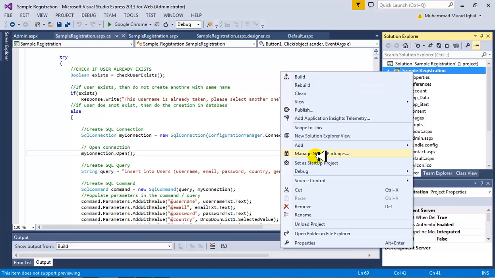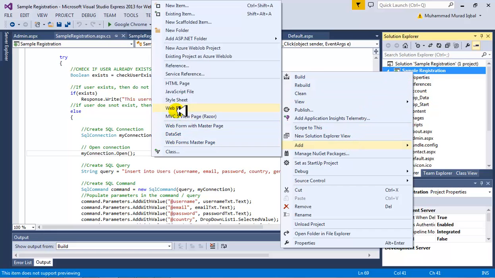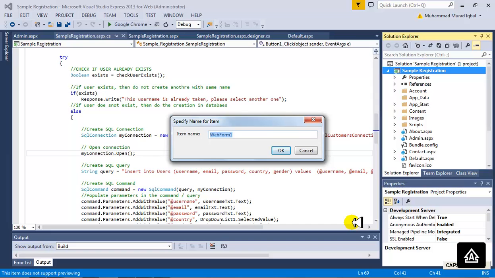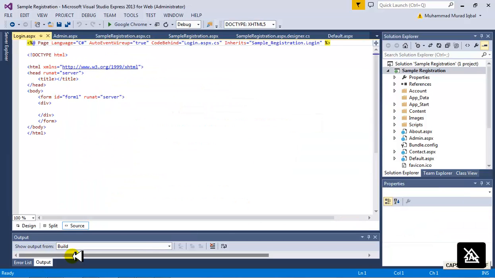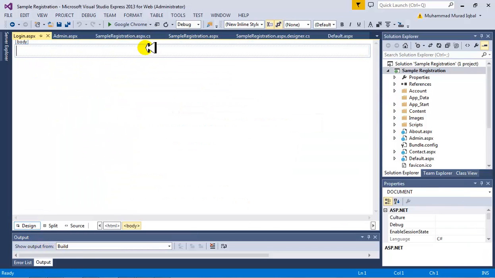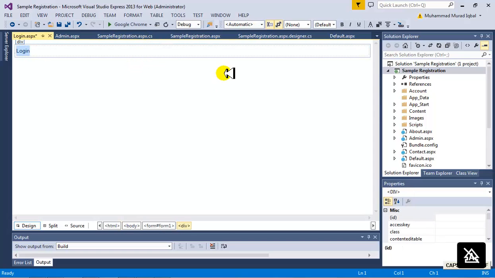So what we'll do is quickly right click your project and say add web form. We'll be creating a new web form. The name is login, and we go to the design, and in the design we give the heading. It can be something like this: login or